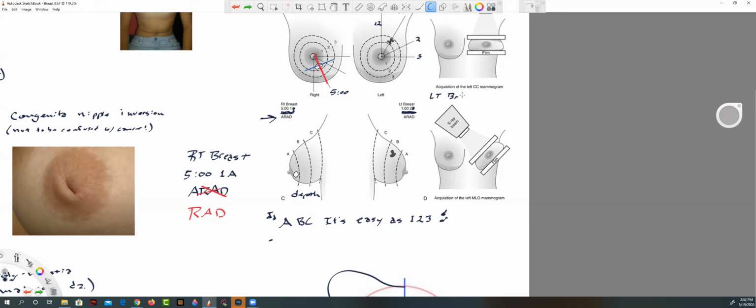It is at 1 o'clock. It is in the 2, I can't draw anymore, 2 position,